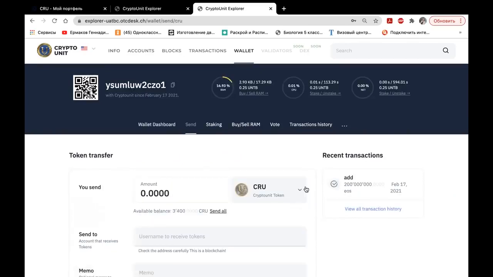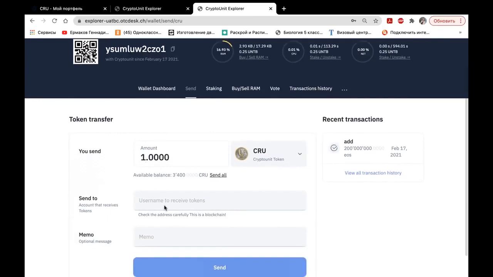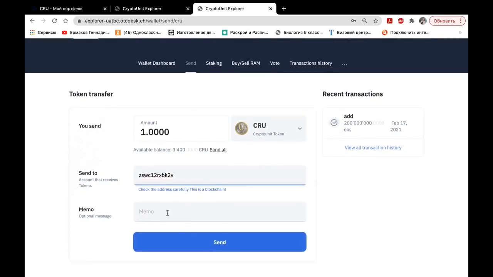Press the button Send, enter 1, enter the address of the wallet, preferably without space bars. In memo, we can simply write test. It is very important to complete this field memo when you send your tokens to the exchange. If you want to send to each other, you can write any message, for example, from Alex, or whatever you want,